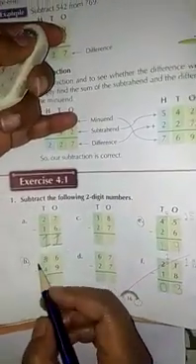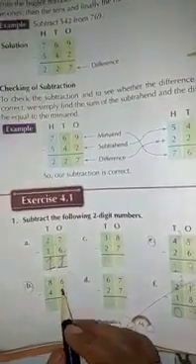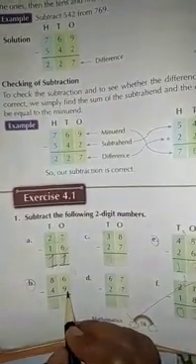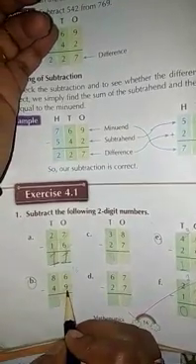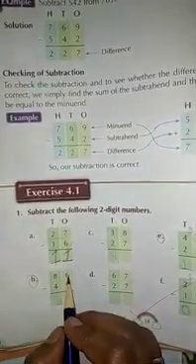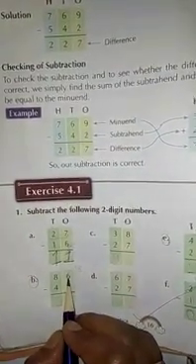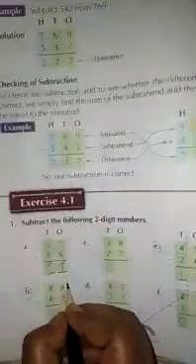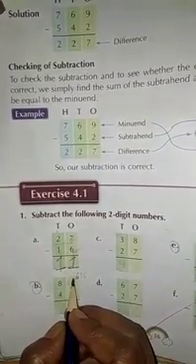Now see question number B. Here 86 is given as the minuend, and here 49 is given, so 49 is the subtrahend. Here you see 6 is given and here 9 is given. So 6 is smaller and 9 is greater. So we have to make 6 greater than 9. What will we do? We are going to cut this 6 and write on the top. To make it greater, we have to make it 16.